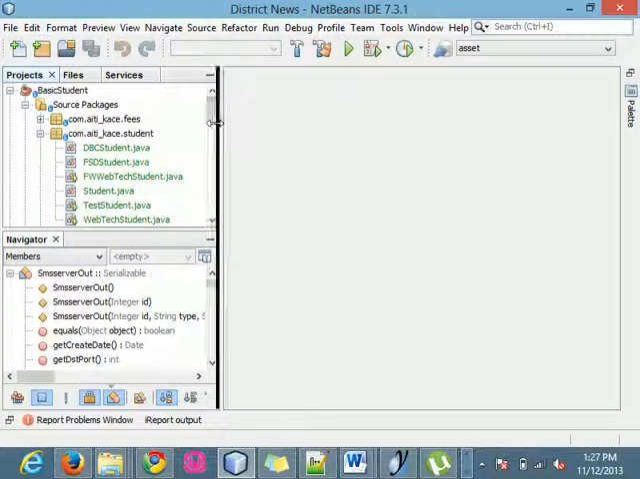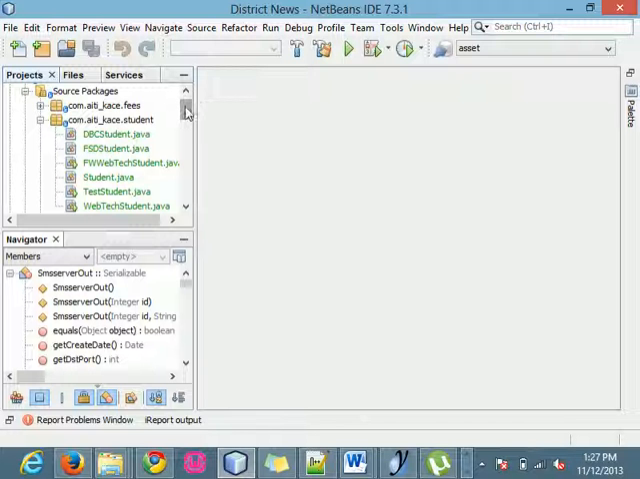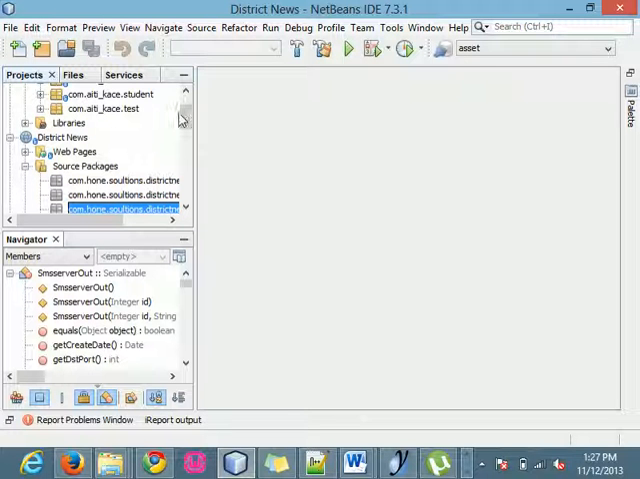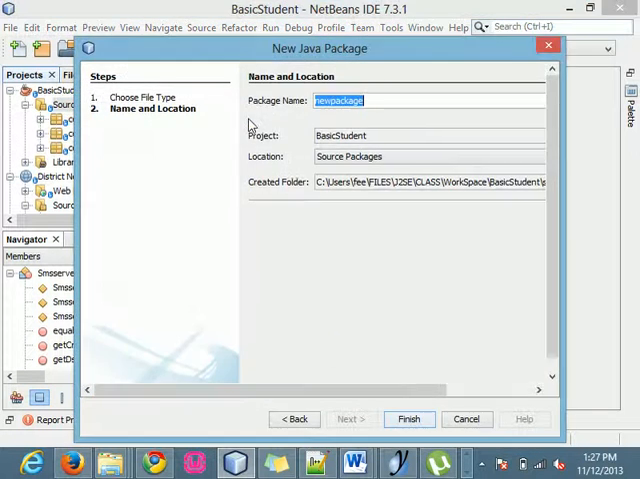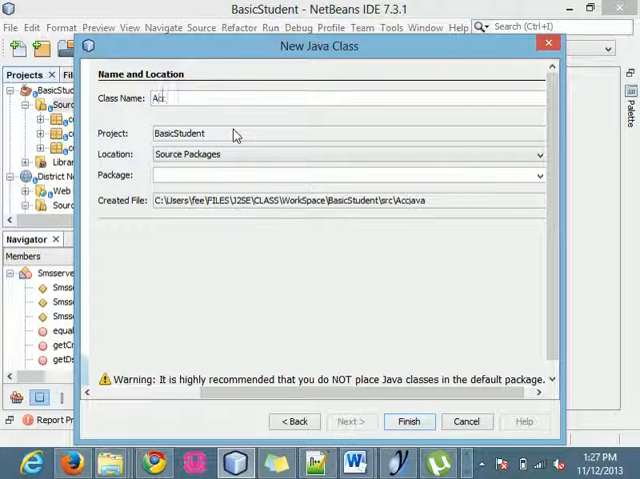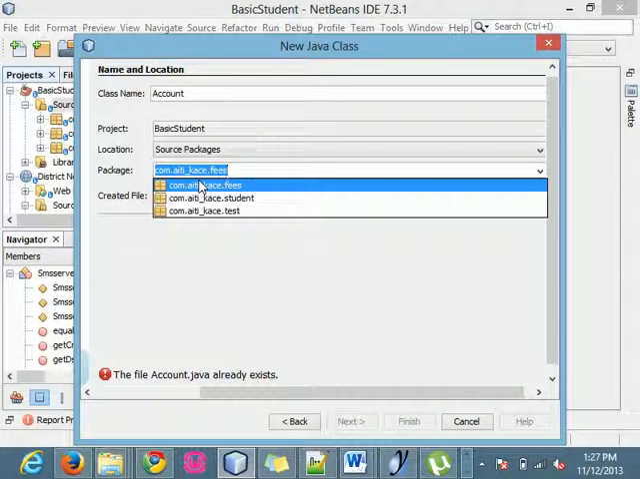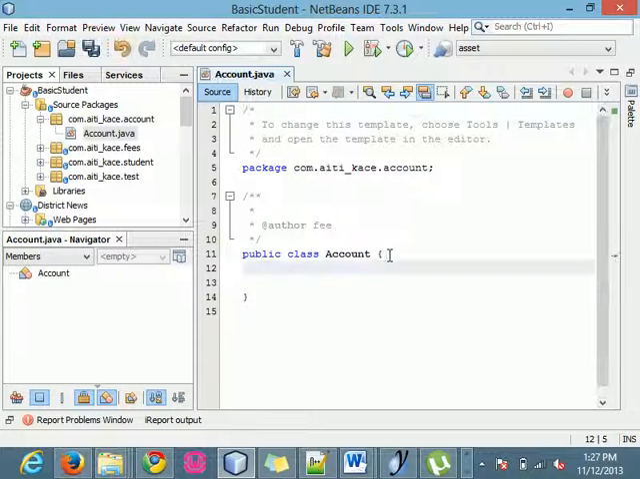In Java, one of the things that we need to generate, let me just create a package for the account like this. New class, then I'll call our class Account, and I'll create a package for it. Account package. So I've created an Account class, and Account has which data,